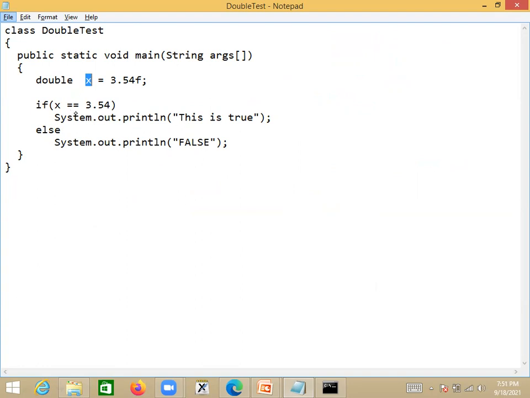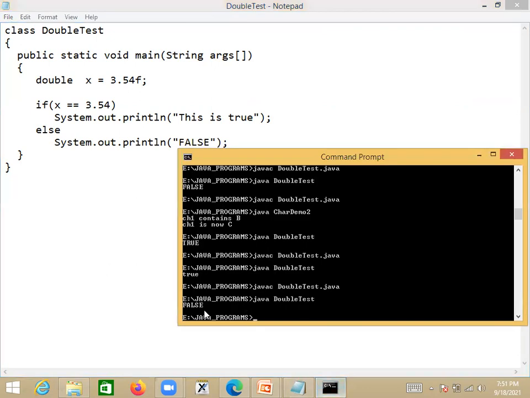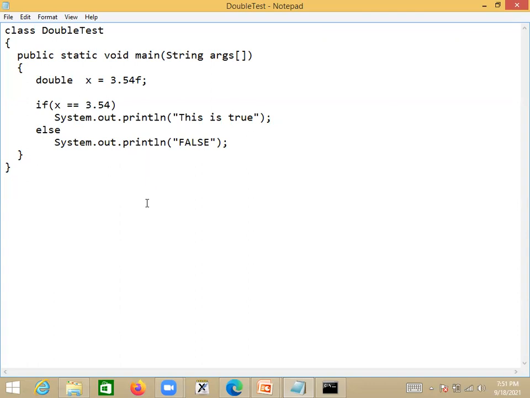Can you tell me the reason why? False here because I guess if we remove f, sir, we'll get true. No, even if I remove the f, see the same program I executed here, I still got false.